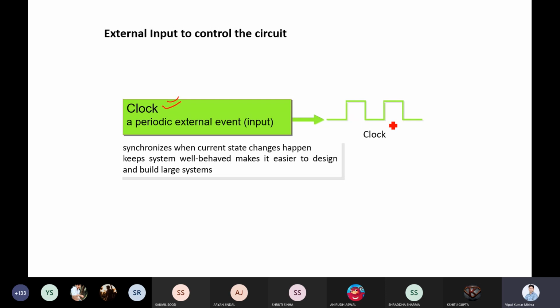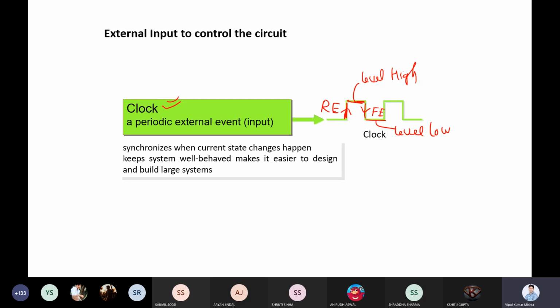Now in a clock, we have four major parts, as we discussed. The first major part is the rising edge. The second is the falling edge. The third is level high, and the fourth is level low. This is your rising edge, and this is your falling edge. So these are the four major components in a clock cycle, and then it will repeat continuously, right?